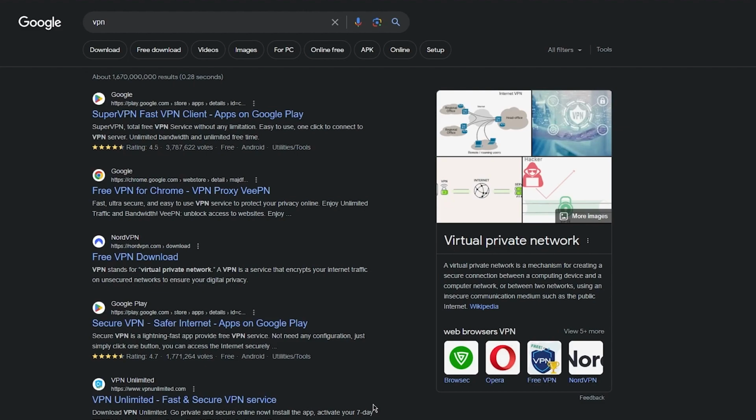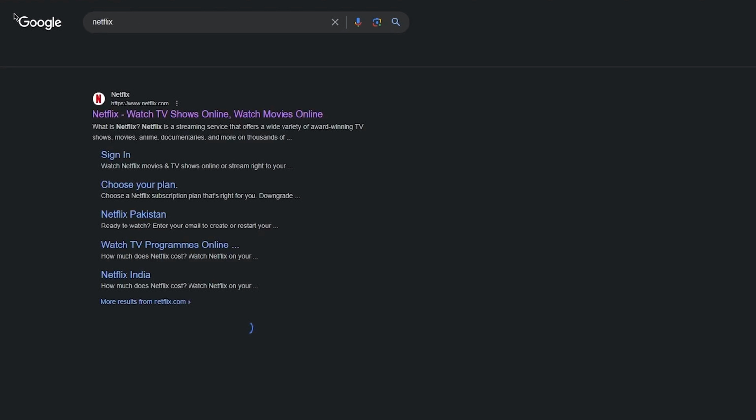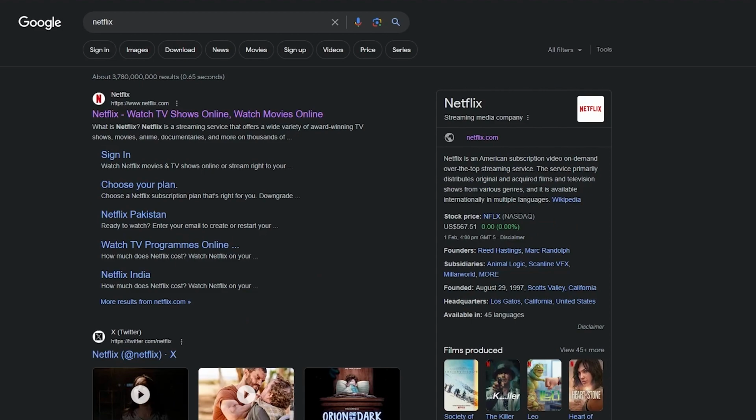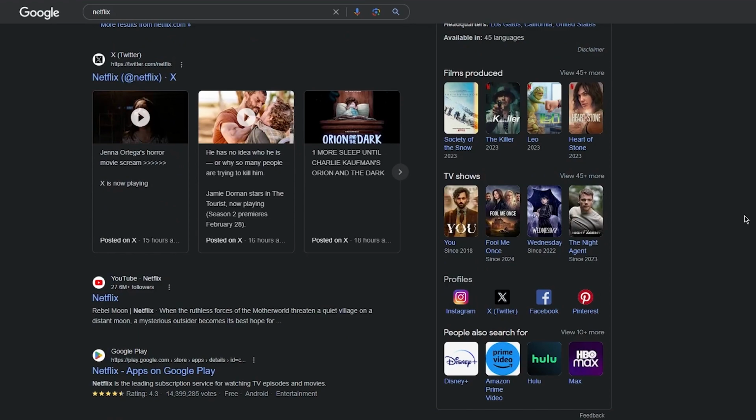Okay, but why? Well, there are three main benefits to using a VPN. First off, it may give you access to additional entertainment content. So let's say you have Netflix, okay? Netflix in India might have fewer shows, less great things to watch, but Netflix in Australia might have the best Netflix of all time.